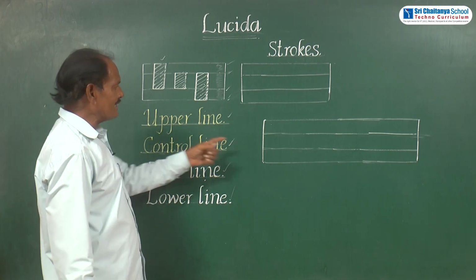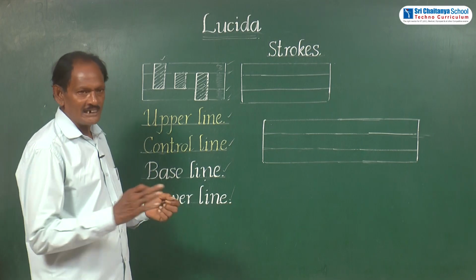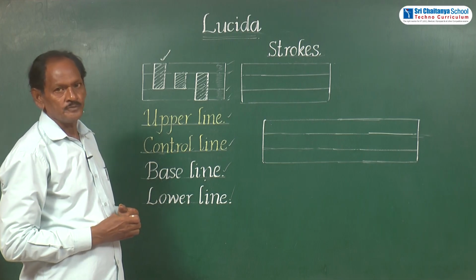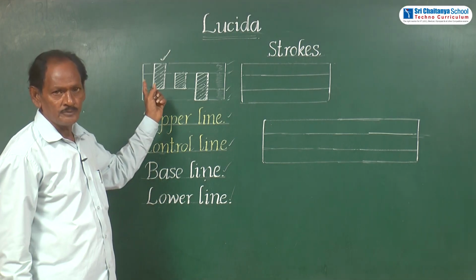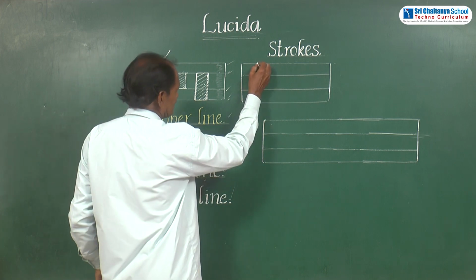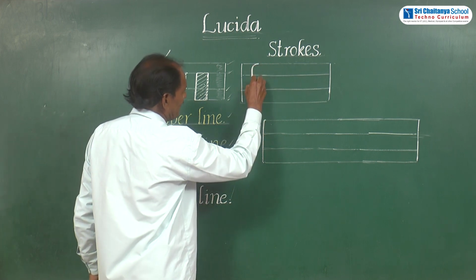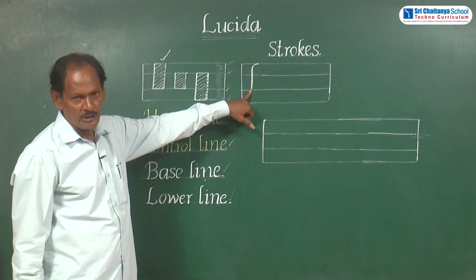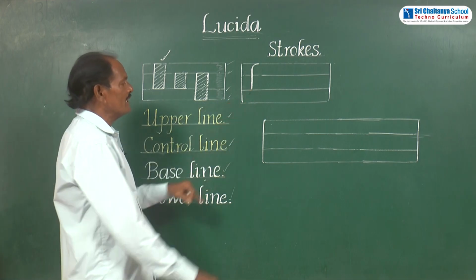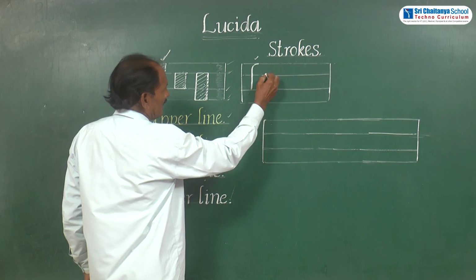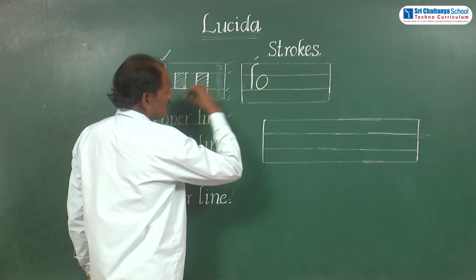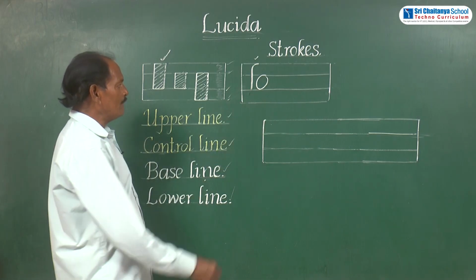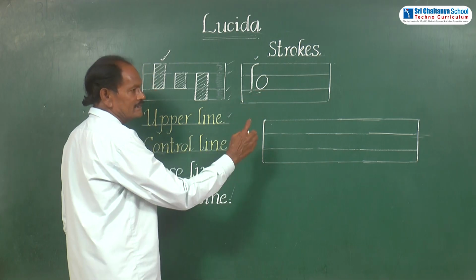letters. To write these letters, zone wise letters, first of all, we have to take the upper zone letters. Upper zone. This is a very, very important zone. To write these letters, we need two strokes. One is the common stroke of the upper zone, known as the upper zone stroke, and the other one is the oval shape. With the help of these two, we can write these upper zone letters.